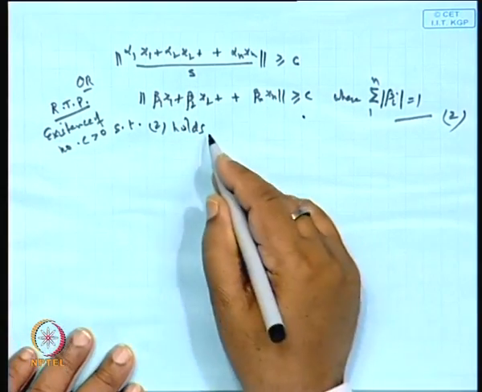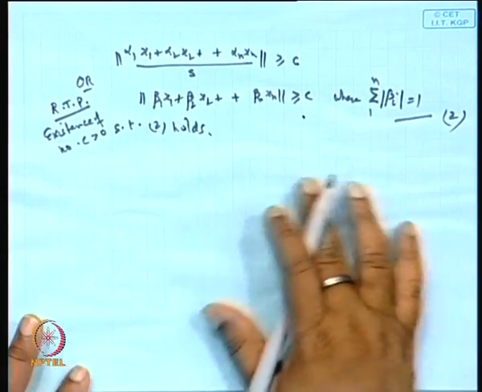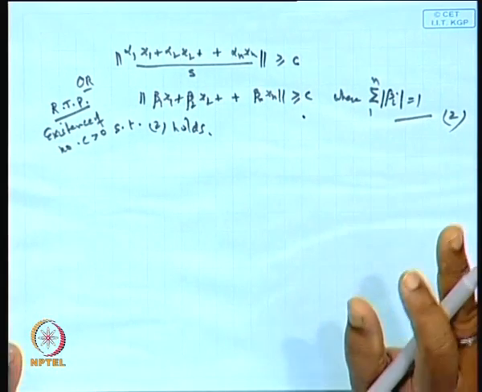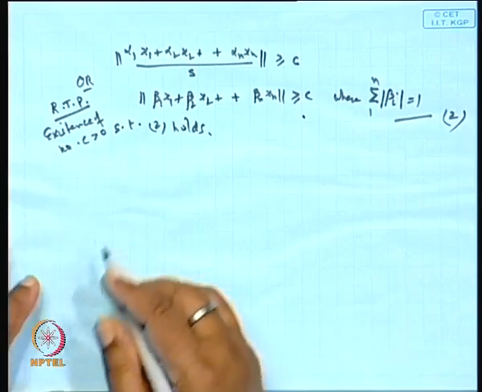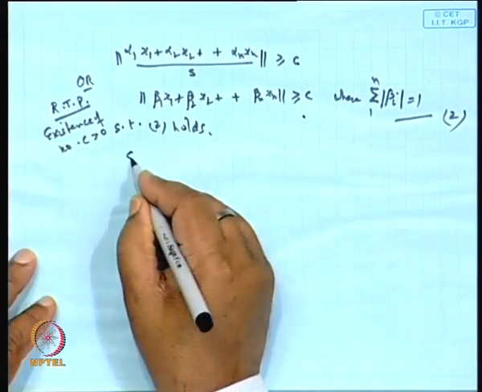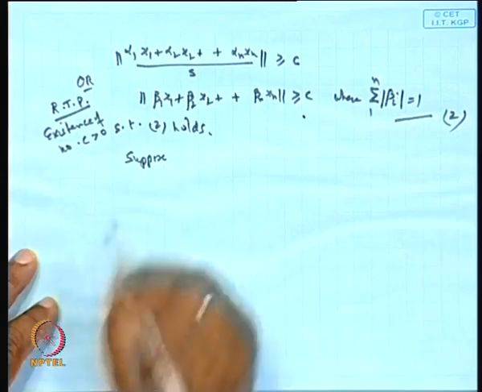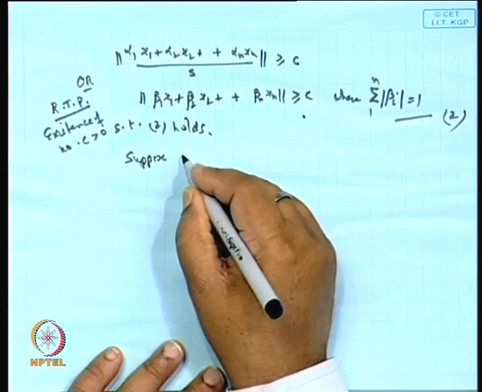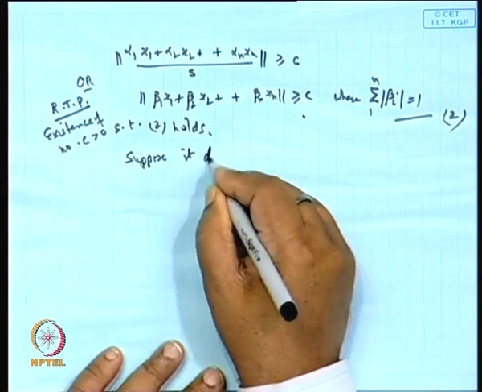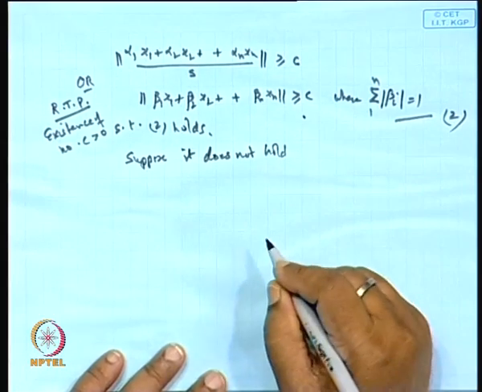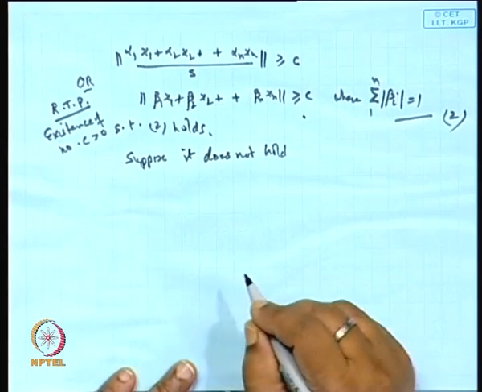Okay. So, finally, we are landing to the proof of equation 2 for such. Now, suppose this is not true. Suppose it does not hold, of course. It means